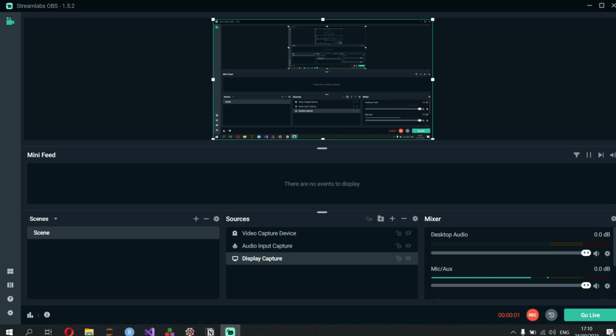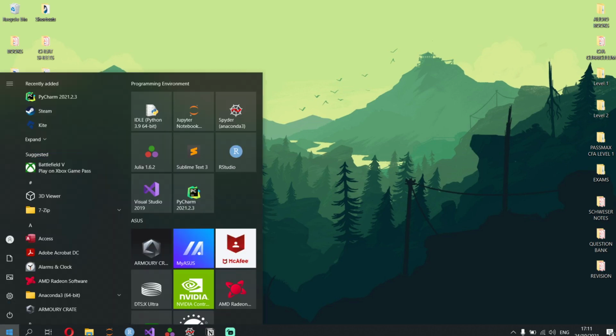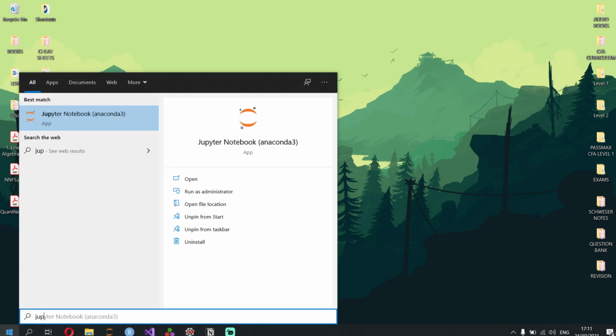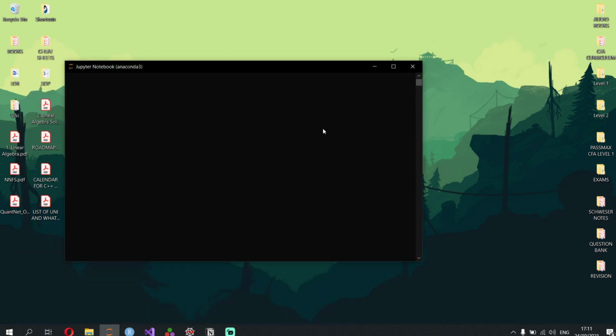Okay, so with respect to opening Jupyter, it will be something like searching for this symbol over here, which looks like Jupyter itself. It has two orange symbols. If you can't find it, click on the Windows icon and search for Jupyter, and then click on it. Then this kind of terminal command line prompt will open up, and